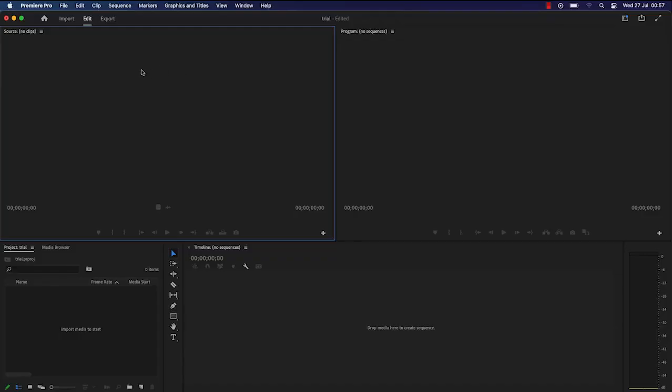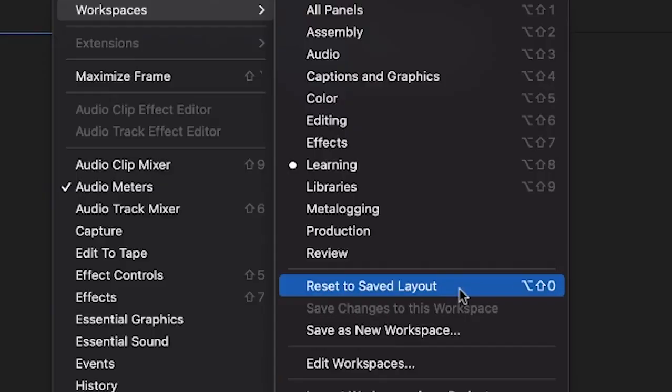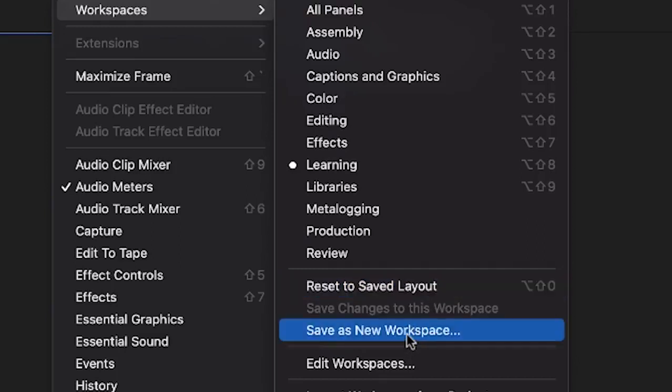So this is the actual preview of the platform that you will see, but you can change the view if you want by just coming to Windows over here, and you can see workspaces over here. So you can reset it to the saved layout if you have previously worked on a setting and you put everything that you have, you use all the features and effects in a particular way, and you saved it as a preset, which you can do by just coming to save as new